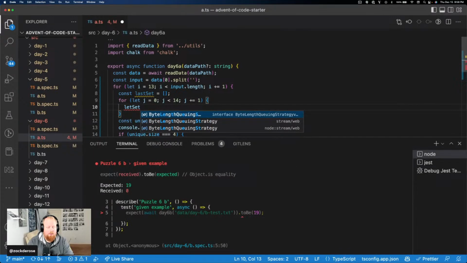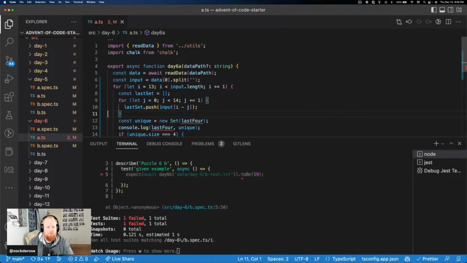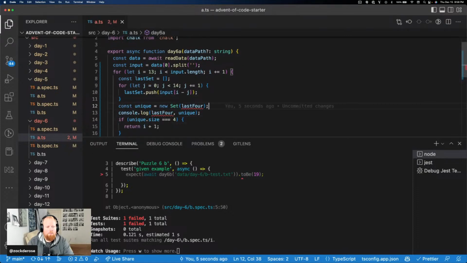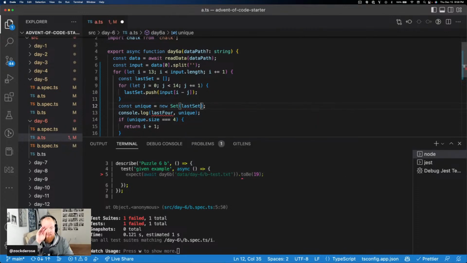Last set dot, nope, yep, last set input that minus j, unique. Probably taking an extra step here, but that's fine. And if unique size is equal to 14,